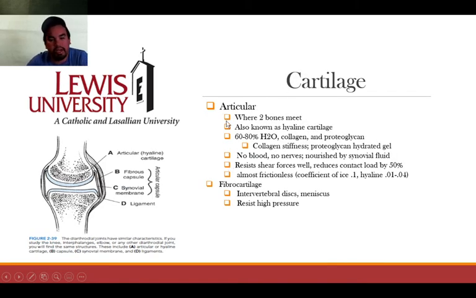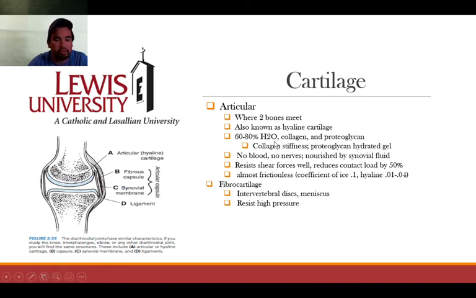So then how our body helps to try and dissipate some of that load is through cartilage. We have articular cartilage and then more of a fibrocartilage. Articular cartilage is often where two bones meet, and we call that a hyaline cartilage. It's 60 to 80% water. That's why being hydrated as an athlete is very important, or even if you're physically active,